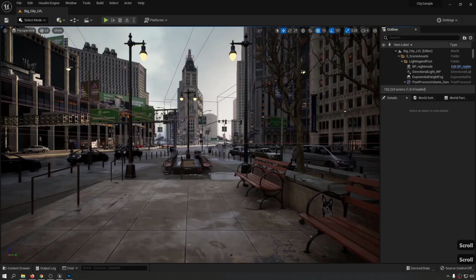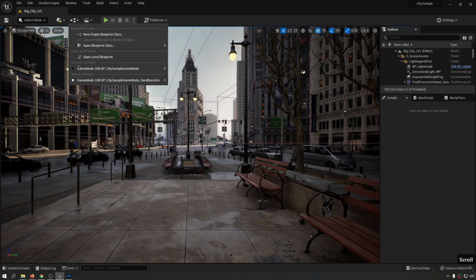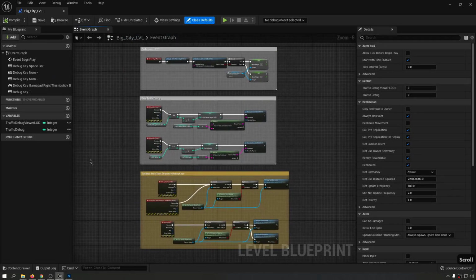Okay, in the previous chapter we talked about the level editor, but this is not the only editor that we have in here. We have a multitude of editors and systems that we need to discover. The next editor that we're going to talk about is the Blueprint editor. To access the Blueprint functionality, you want to come in here, and these are the Blueprint functionalities that you can use. You can create a new Blueprint or open the level Blueprint and manipulate the look of your level